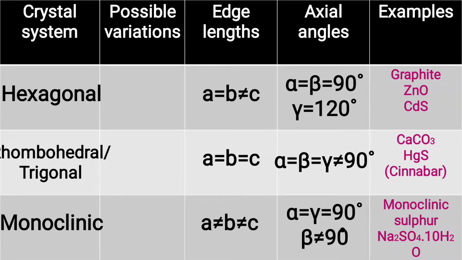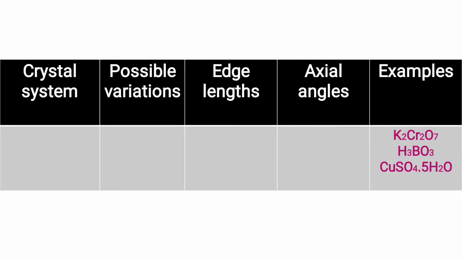It's time to now have a look at possible variations. Hexagonal, we see only primitive unit cell. In a trigonal or a rhombohedral case, only primitive unit cell. But in a monoclinic, we can see a primitive and an end-centered unit cell. So, in the previous case, we had 9 and here we have 1, 2, 3, 4. Okay, so 9 and 4, right? So, we have 13 already.